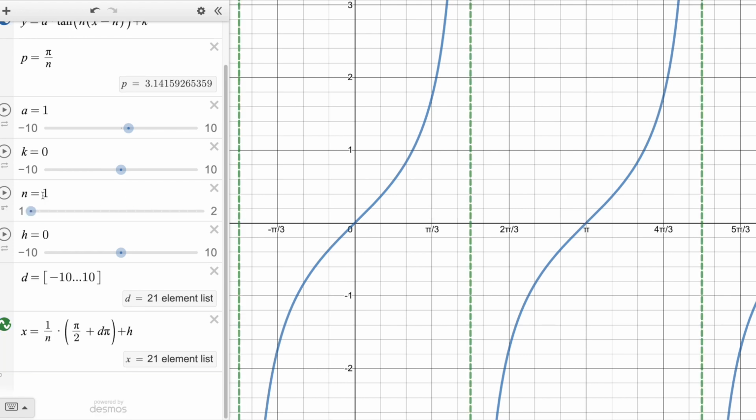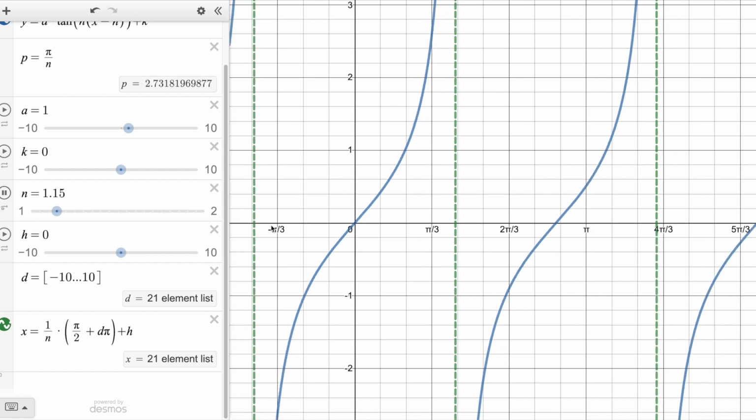Now let's change this n value, which is the horizontal dilation factor. If the graph is dilated in the direction of the x-axis, that's going to change the period by a factor of 1 on n, as well as move every asymptote away from the x-axis by a factor of 1 on n as well. So for example, when n is 2, which we can get by clicking that, we can